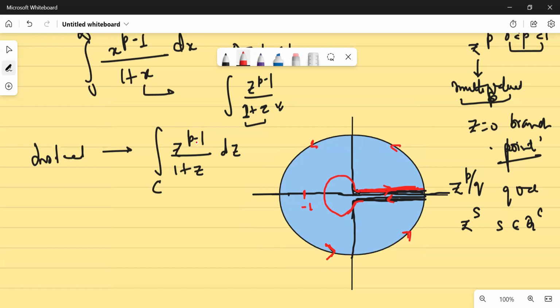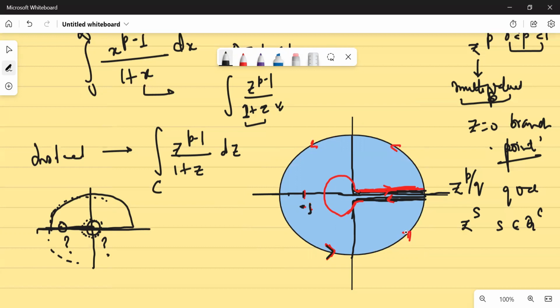ओके, तो किया क्या? देखो मेरी बात सुनने की कोशिश करो, मैं तुम्हें वापस समझाता हूँ। अब देखो यहाँ साफ पता लग रहा है कि z इक्वल टू जीरो जो है वो क्या है? सिंगुलैरिटी। z इक्वल टू जीरो भी सिंगुलैरिटी, z इक्वल टू माइनस वन भी सिंगुलैरिटी। तो मैंने क्या किया, z इक्वल टू जीरो के आसपास एक छोटा सा सर्कल बना दिया। अगर मैं यहाँ पे सेमी सर्कुलर कॉन्टूर लेता, सोचो तो प्रॉब्लम क्या आती? एक ये सिंगुलैरिटी और एक ये सिंगुलैरिटी, दो सिंगुलैरिटीज हो जाती हैं। ओके, मैंने z इक्वल टू जीरो को तो हटा ही दिया, और z इक्वल टू माइनस वन को मैंने क्लोज कॉन्टूर के इनसाइड ले लिया। थोड़ा ध्यान से देखोगे तो ये क्लोज ही तो हो रहा है कॉन्टूर।